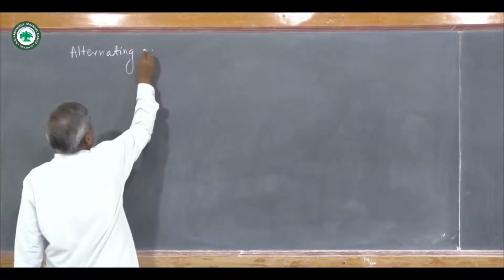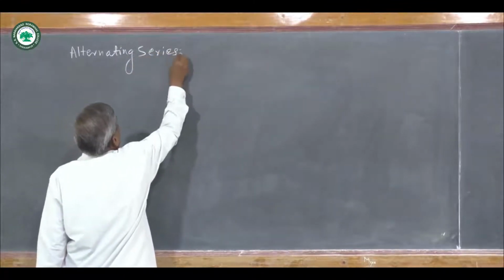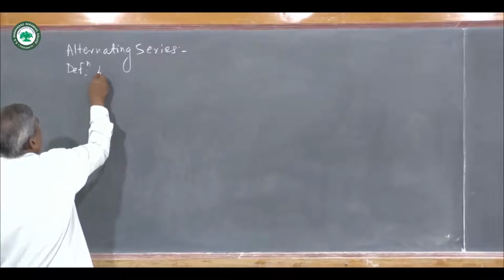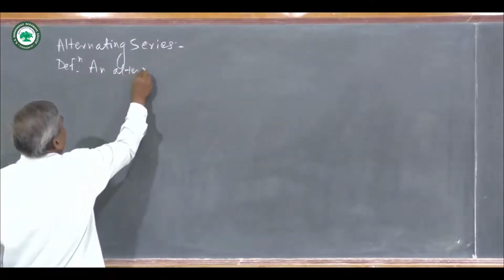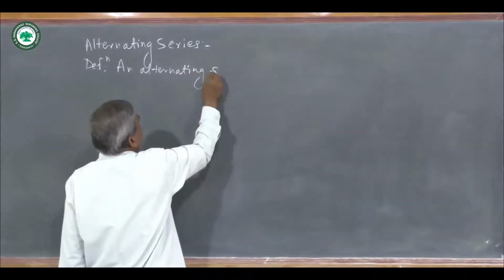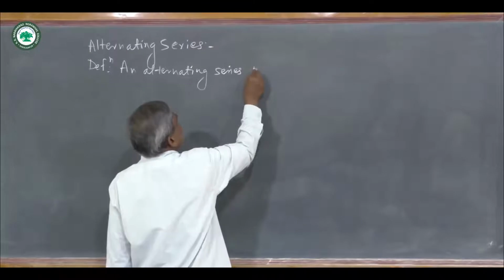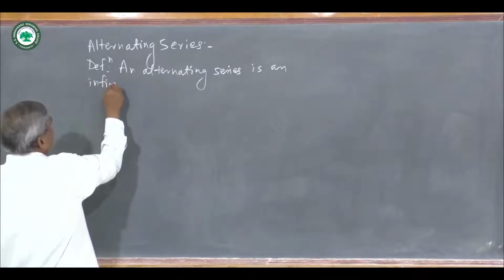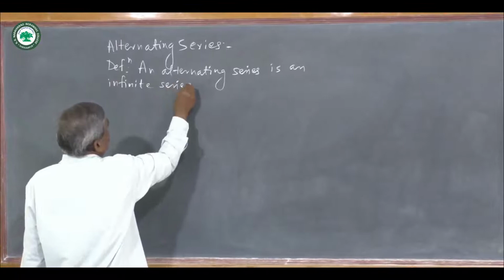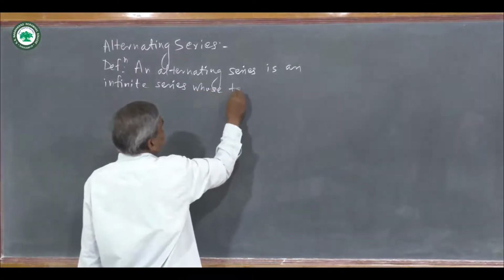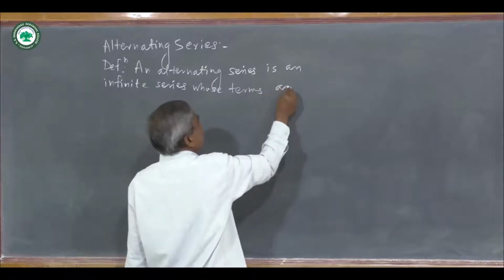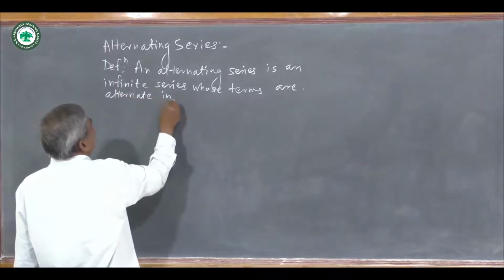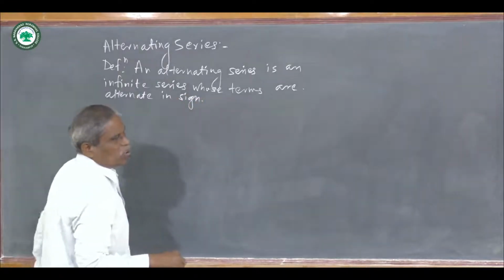Alternating series. An alternating series is an infinite series whose terms are alternate in sign. For example,